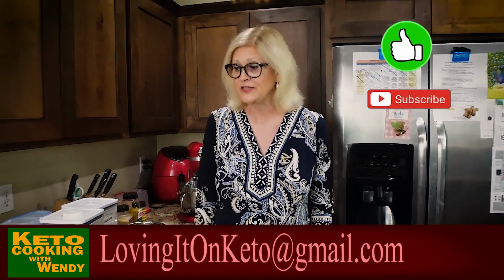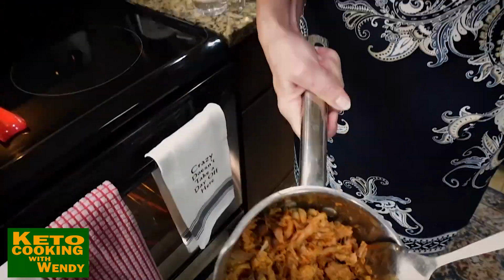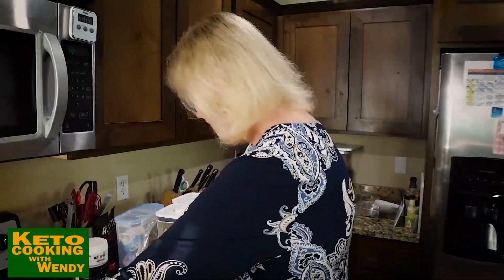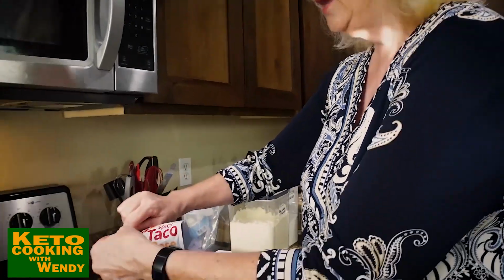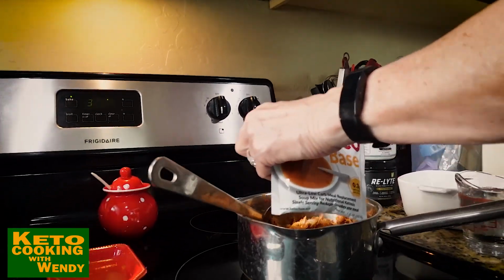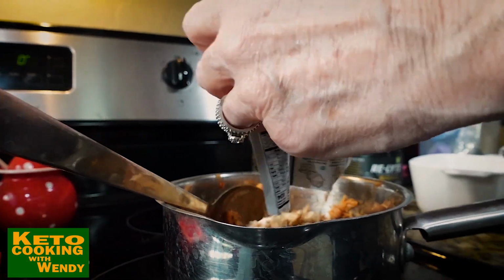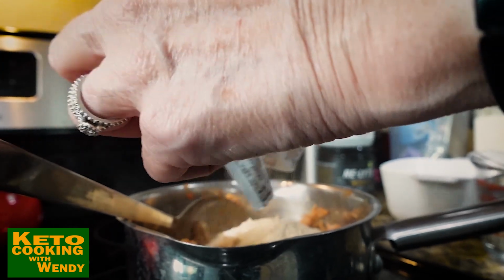Work, and it is a protein sparing modified fast day. I've got my pulled pork. I've got 16 ounces in this bowl. And what I'm gonna do is take this Keto Chow, which is the spicy taco base. If you have your favorite powdered taco seasoning or flavoring or fajita, you can use that